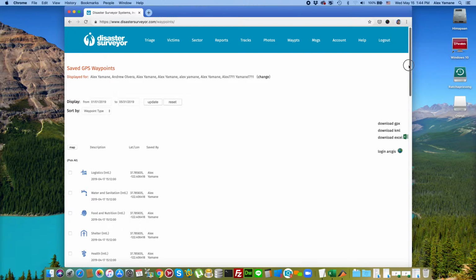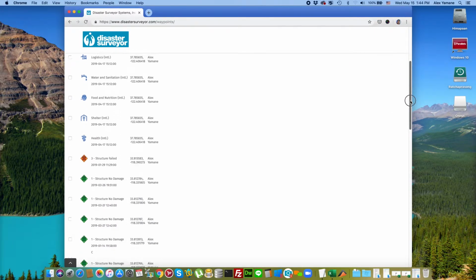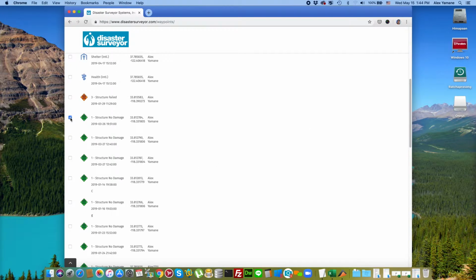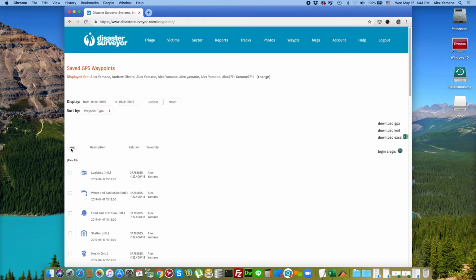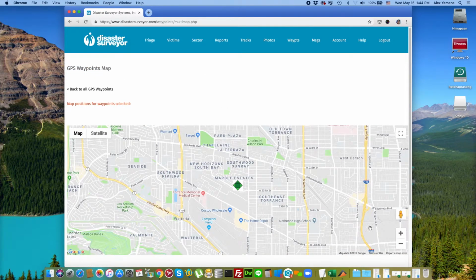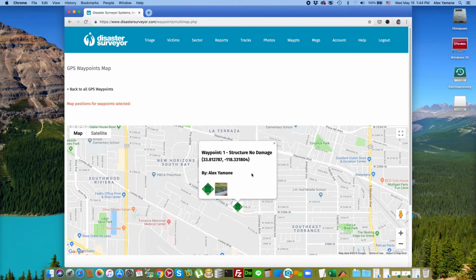A couple of things we'd like to show you really quick here. The first thing is perhaps you'd like to see where these waypoints are on a map. In order to do so, just pick the waypoints that you wish to see on a map by checking the checkboxes in front of it like so, and click on the map button that you see right above the row of checkboxes. That'll take you to a Google map like this,